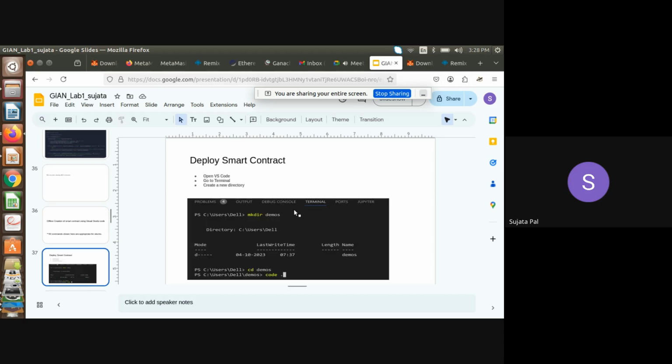For this you need Visual Studio on your machine. All of you have Visual Studio? Okay, so open VS Code. Go to terminal. Now I'll tell you all in this Ubuntu command prompt, not in Windows. The commands won't work in Windows. Whatever commands I speak now will work in Ubuntu, not in Windows.